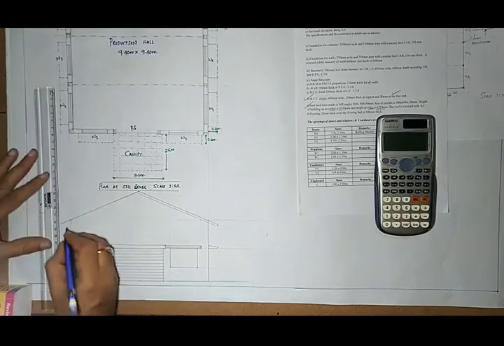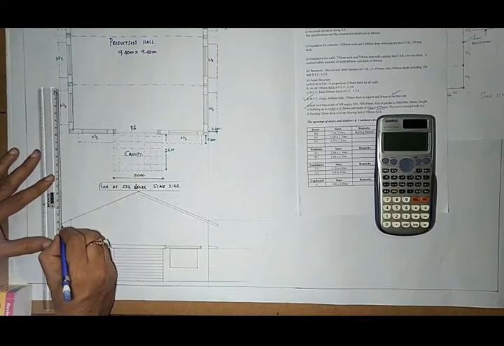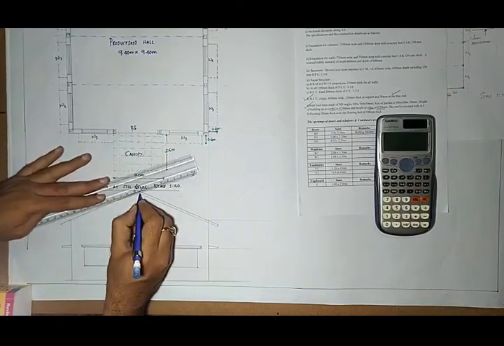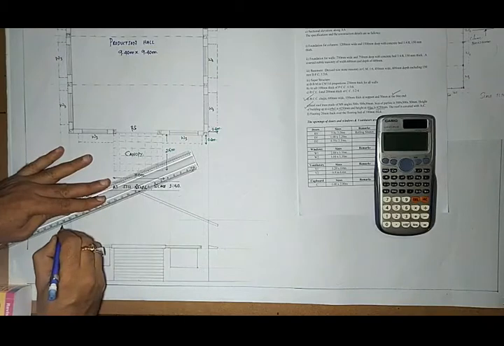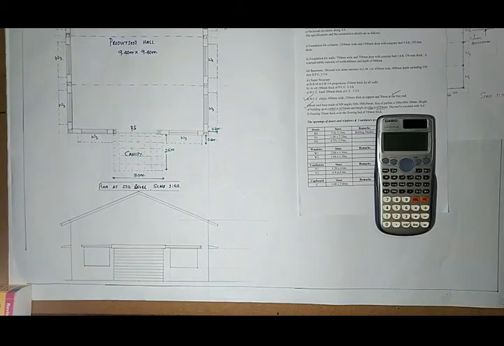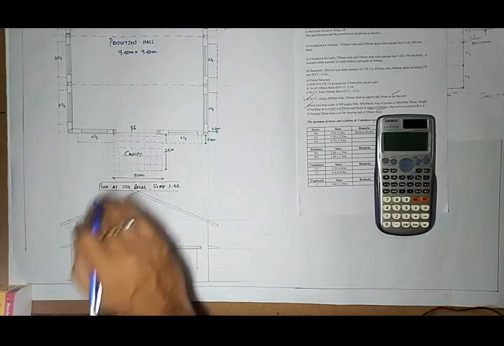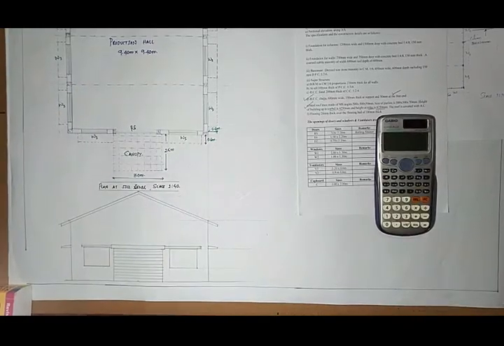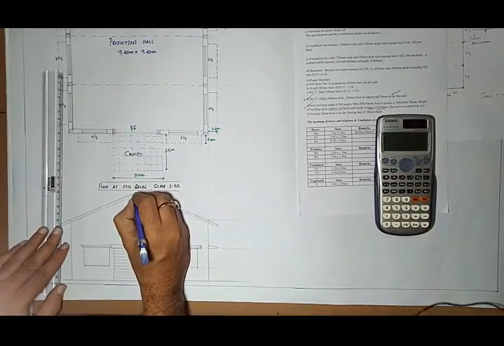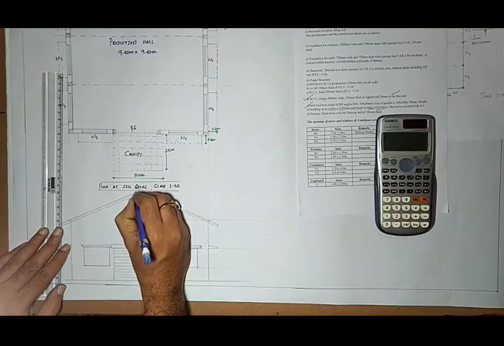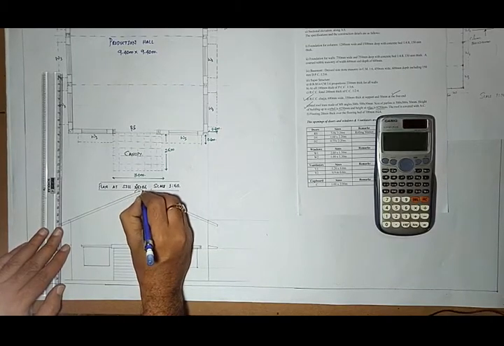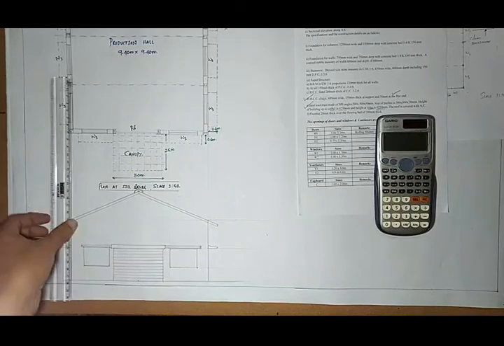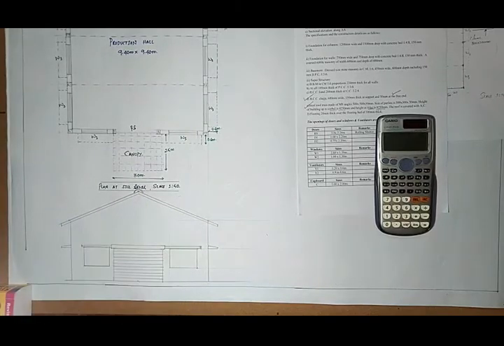So it is extended up to this point, and it is made up of angles, but anyhow it is not visible from the front end. Why? Because walls have been raised up to this ridge point. But we have to cover this with the help of this. So that will be the ridge in the truss.